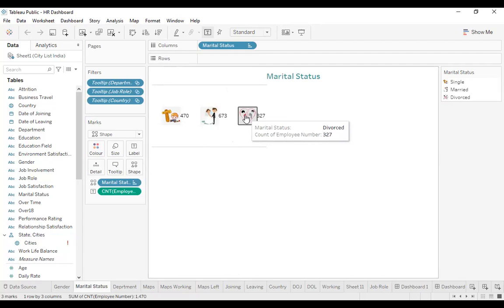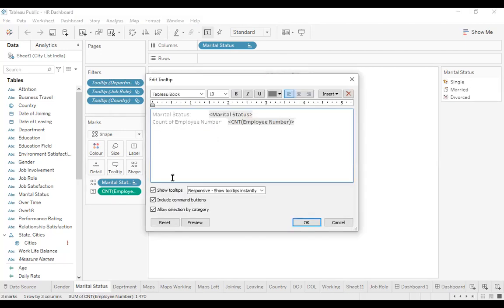Now, where is this information coming from in Tableau? This information is coming from the tooltip. When you click on the tooltip, you will find that we have written marital status, and this marital status name is collected from the dimension itself.